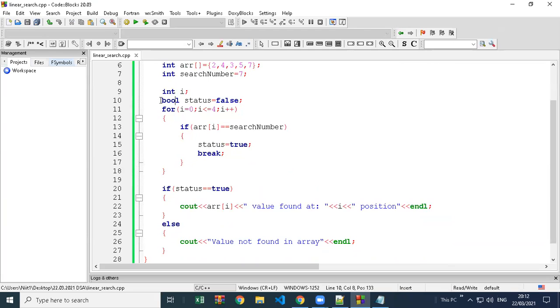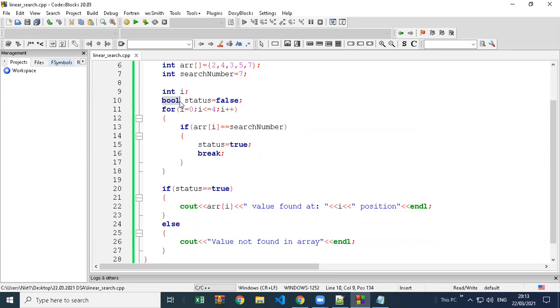Yeah, so bool is our data type we can use for boolean. This helps us to store two values. It can only hold two values, either true or false. So normally we get the answer as true or false whenever we write a condition in an if block, a for loop, or a while block.